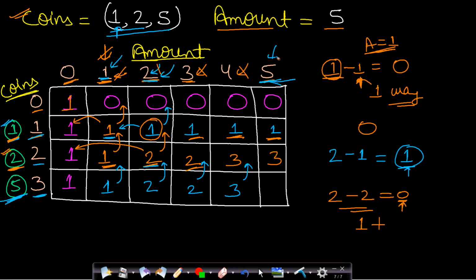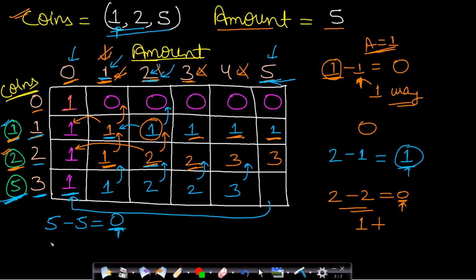because the amount to be found is greater than or equal to this coin denomination. Therefore, we can include this denomination as well. So we have two options. Let us say we include this 5, then the amount to be found next will be equal to 0. So we will have to go back to this 0 and see in how many possible ways we can find this amount 0 when we have the first 3 coins. So there is only one way.